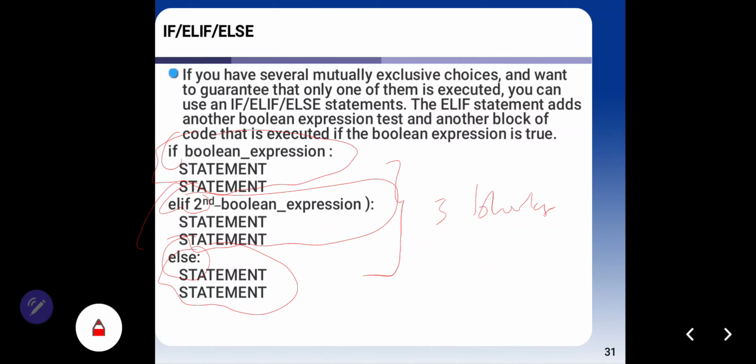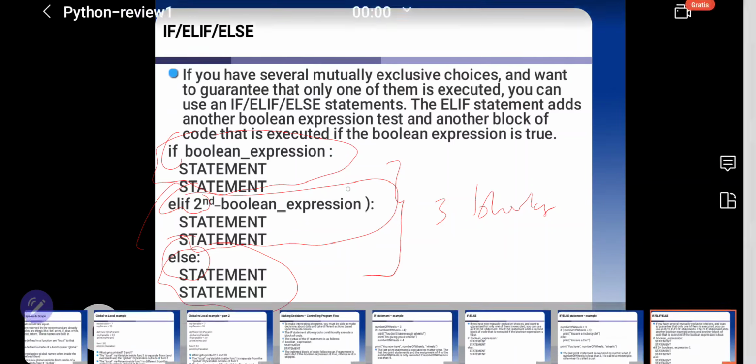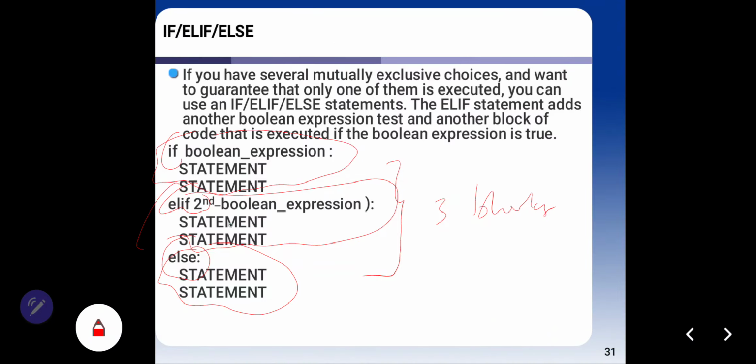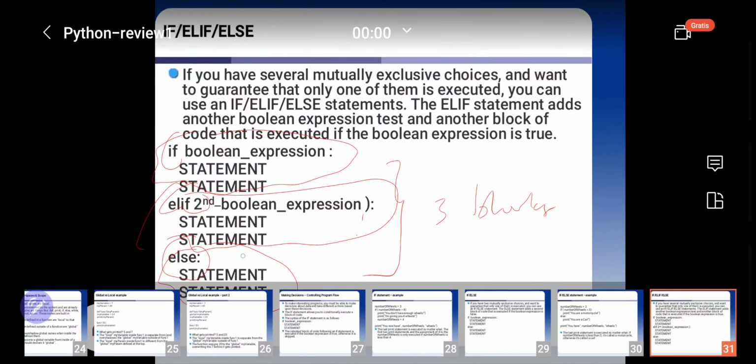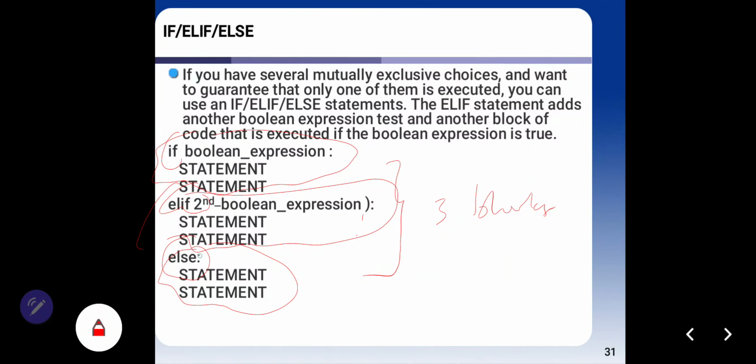And don't forget to put a colon at the end of if, at the end of elif, and at the end of else. This is the syntax if you want to write if, elif, else Boolean statements.